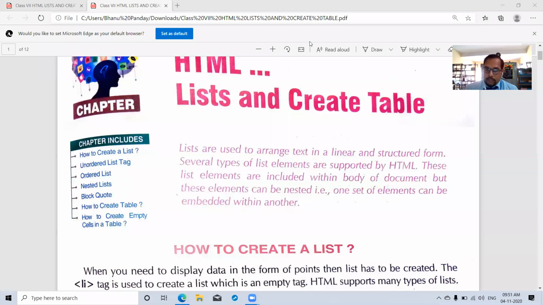Nested means one tag is written inside another. Means एक के अंदर जो दूसरा tag होगा जब लिखा जाएगा, that is called nested. Clear? So here list element we can write in a nested manner. That is, one set of element can be embedded, enclosed. Embedded means enclosed within another. एक के अंदर जब दूसरा टैग आएगा तो उस टाइप की टैग को आप बोलोगे नेस्टेड टैग. Then